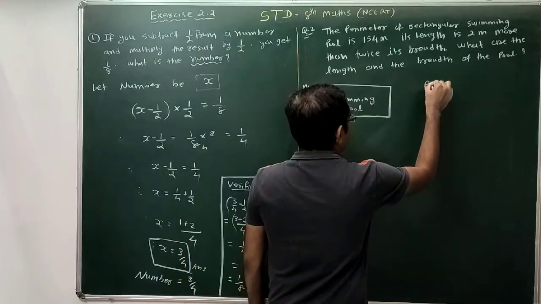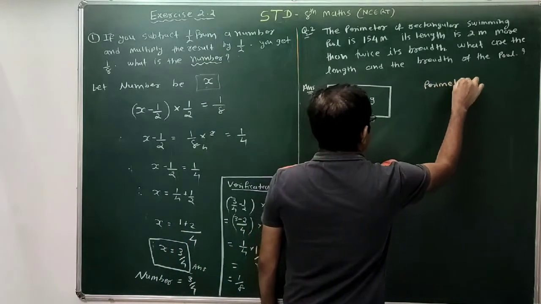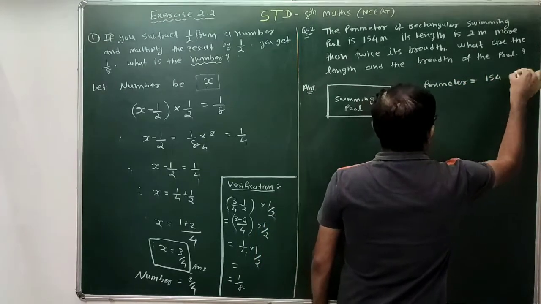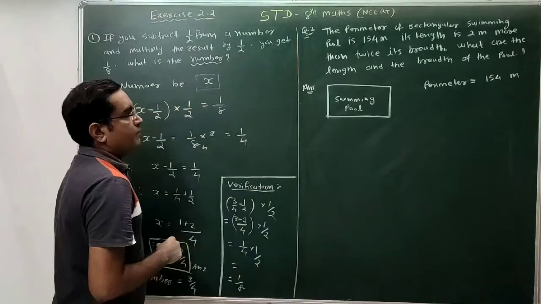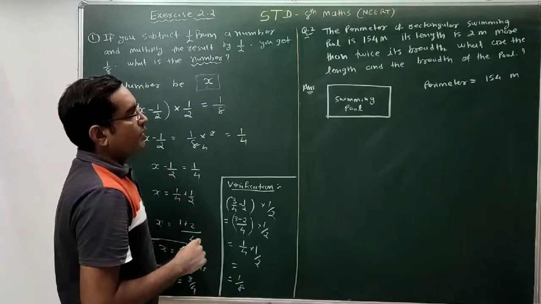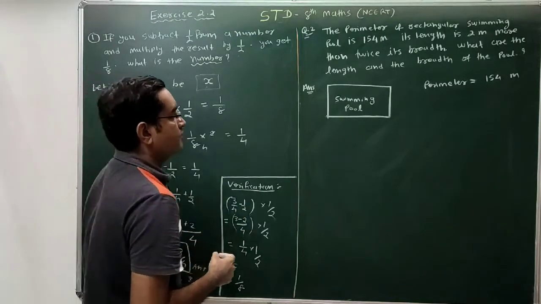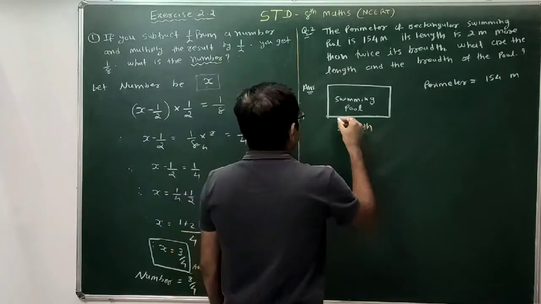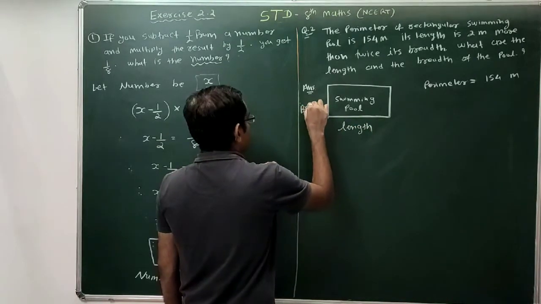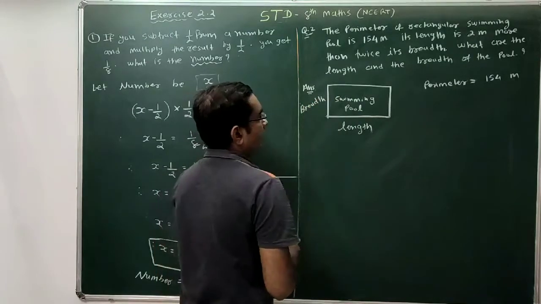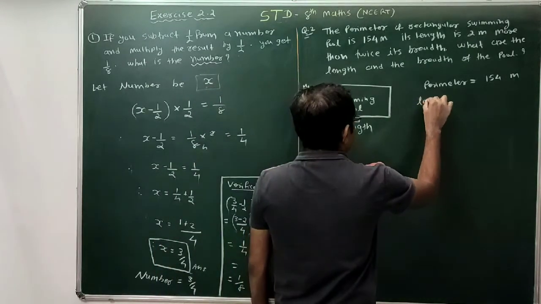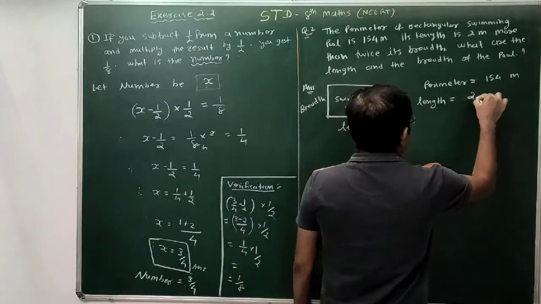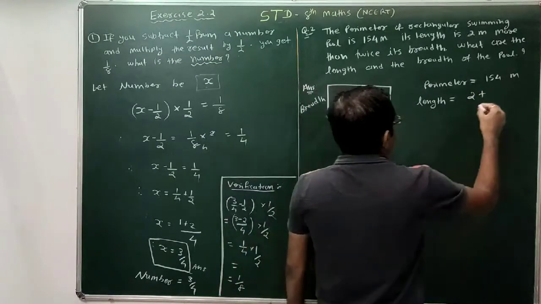Perimeter is nothing but the sum of the length of all the sides. So here we are given that the perimeter of the rectangle is 154 meter. This is given. Now आगे बढ़ते हैं. If the length is 2 meter more than twice its breadth. Suppose this is the length of the rectangle, and suppose this is the breadth. So what are we given? The length of the rectangle is 2 meter more than twice its breadth.